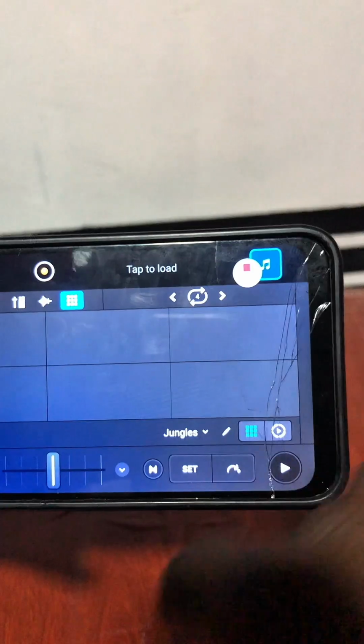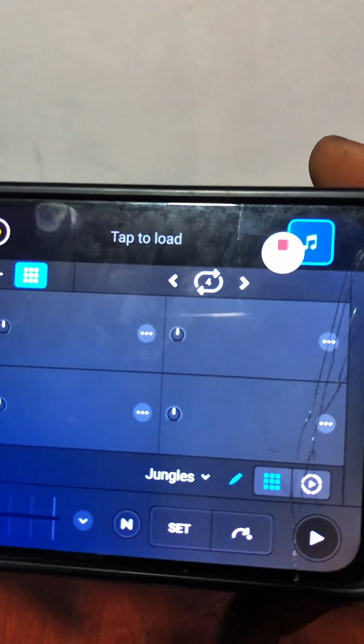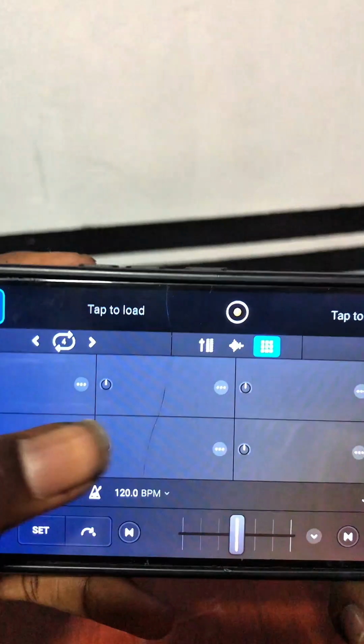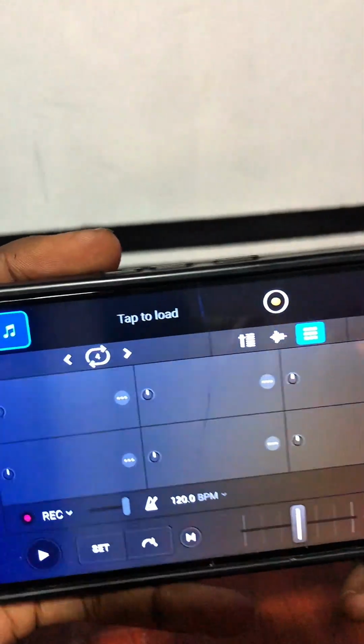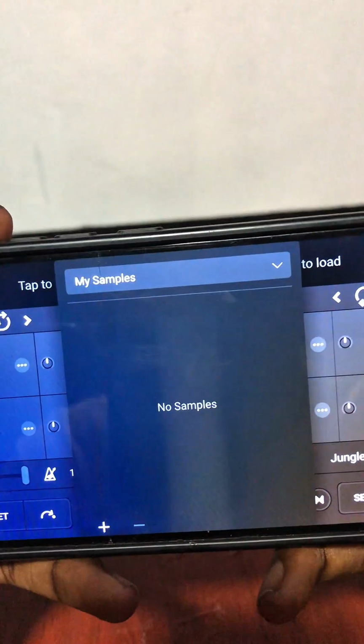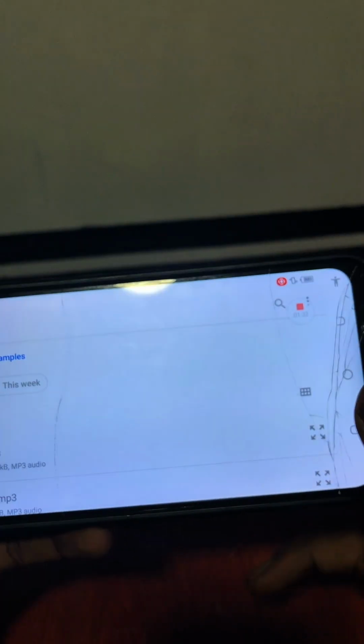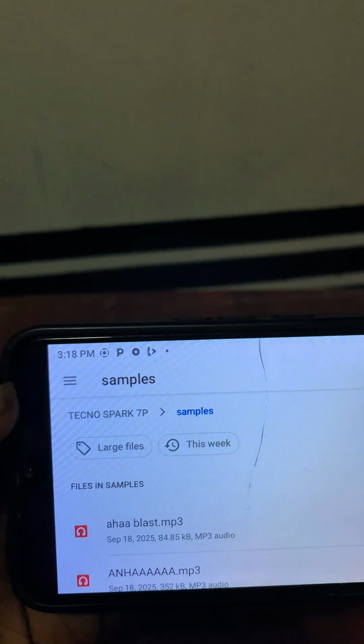So you see this empty box. So click the pen sign, this pen, click it. So you see these three dots in the empty box. So just click one. So you see something like this. So click this plus sign down there. And click this three dots